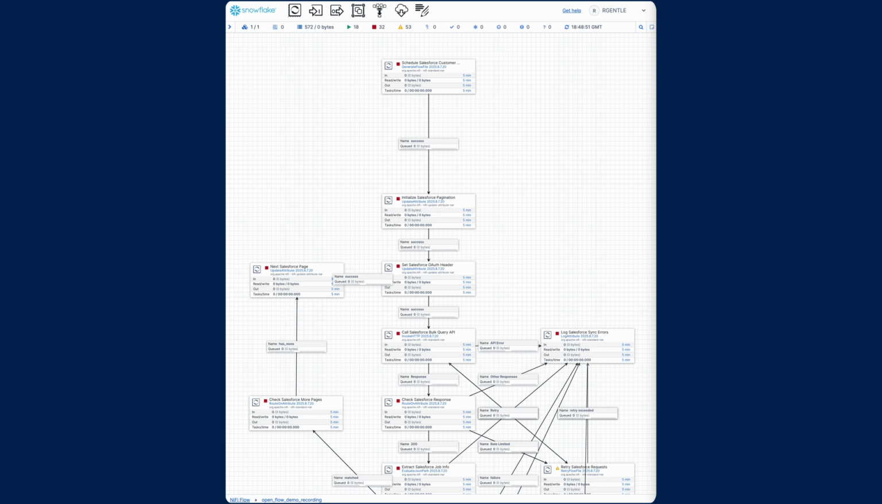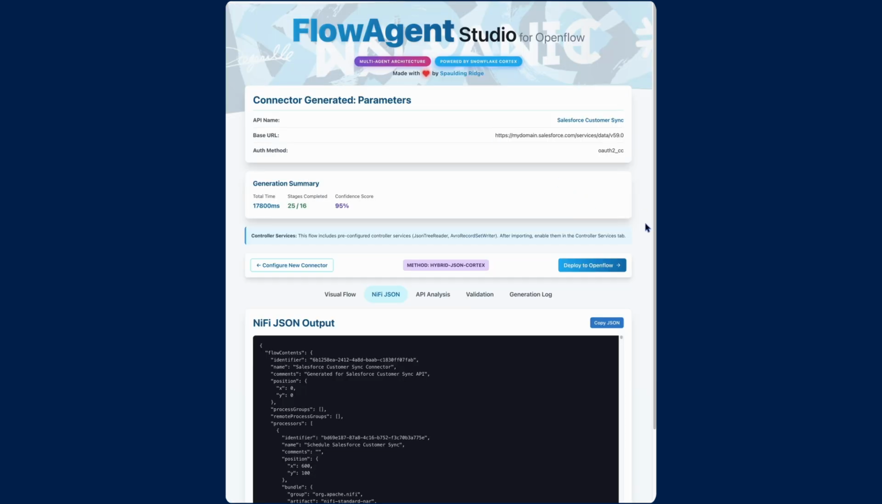So what did we do today? We actually took and generated this entire flow based on a natural language prompt. It generated what we needed for NiFi, or Openflow in this case, and we're off to the races, ready to